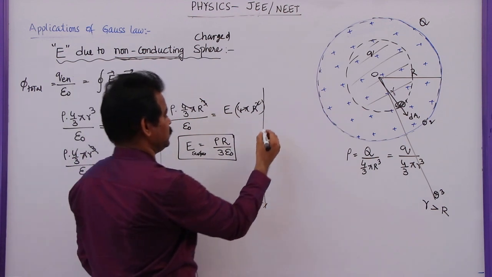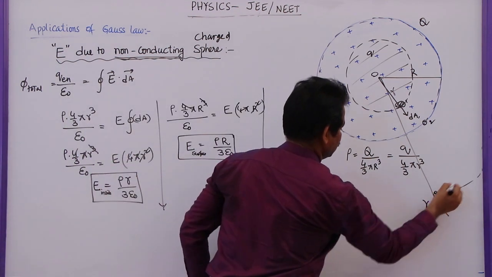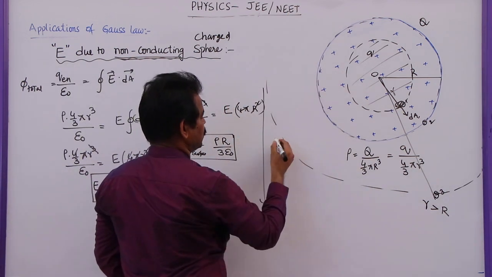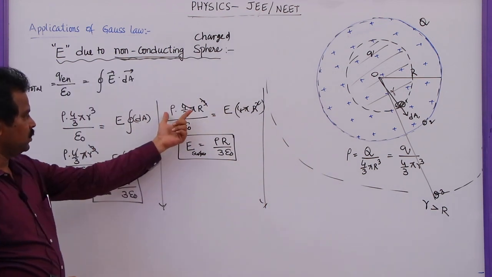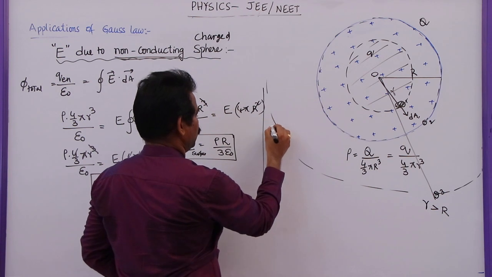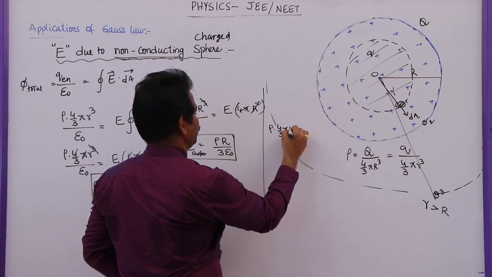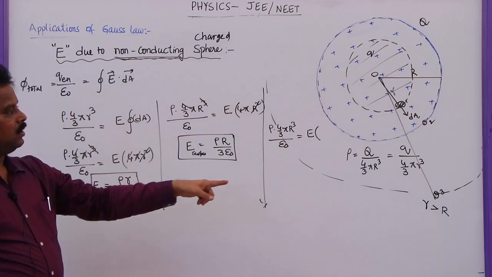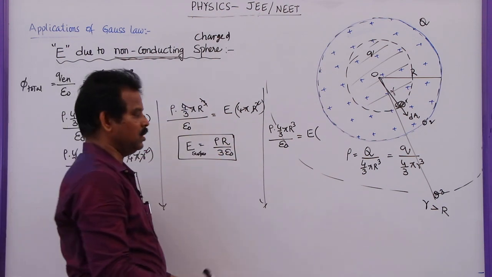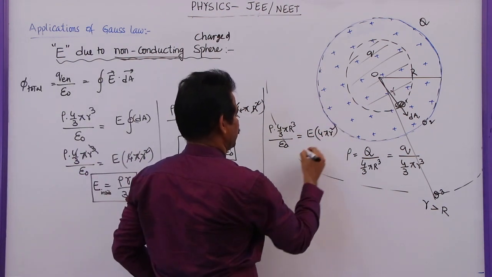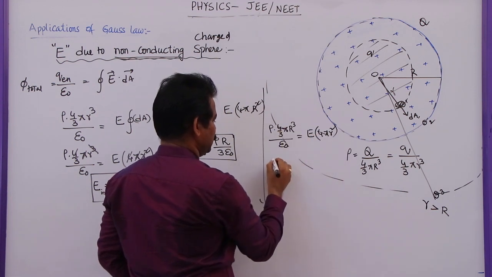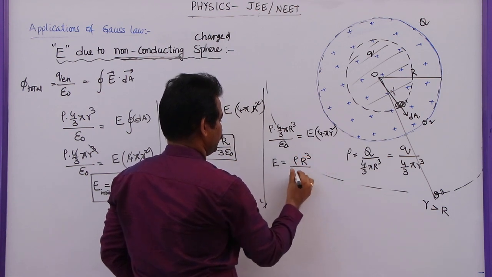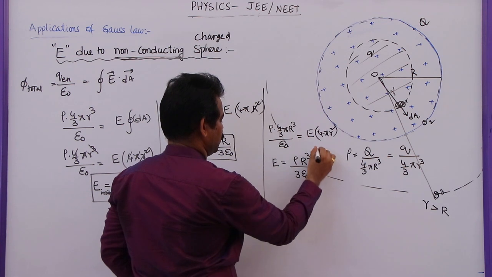Now the electric field outside the sphere. So let me construct a closed Gaussian surface. Here also you will get a big sphere, and the total charge enclosed is the total charge on the sphere, which is given by rho 4 by 3 pi R cube. So rho into 4 by 3 pi R cube by epsilon naught is equal to E into the surface area of the closed Gaussian surface taken outside the sphere, which is 4 pi r square. Here 4 pi gets cancelled, and the electric field is given by rho capital R cube by 3 epsilon naught small r square.